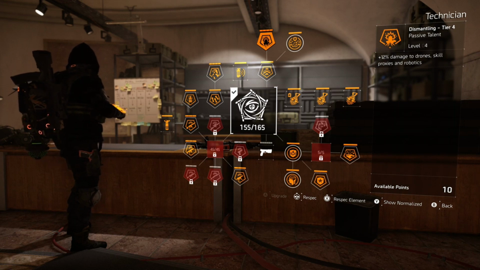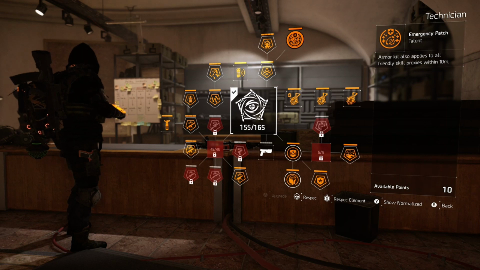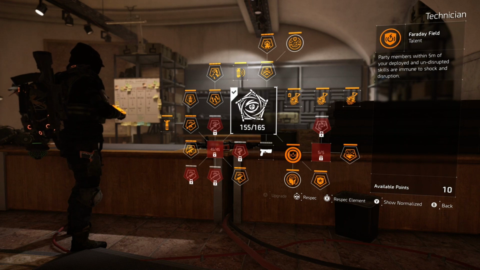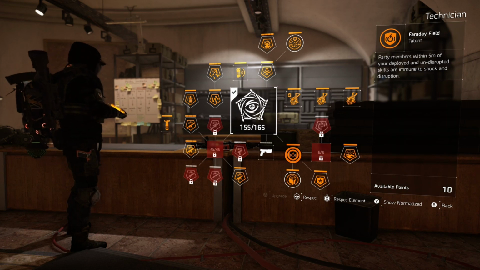dismantling, plus 12% damage to drones, skill proxies, and robotics, which is pretty decent, especially when you're going against a Black Tusk. And then we have emergency patch. Armor kit also applies to all friendly skill proxies within 10 meters. It has the Artificer Hive, which we are not utilizing. Party members within 5 meters of your deployed and undisrupted skills are immune to shock and disruption if you're running